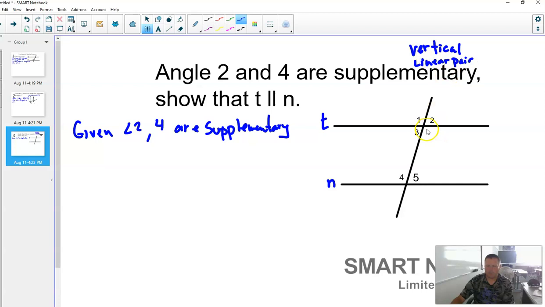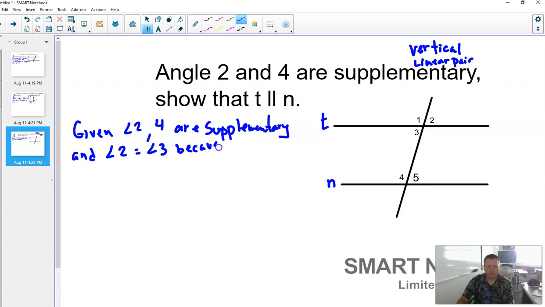So I'm going to look at vertical angles. 2 is vertical to 3, and that's given to me, right? 2 and 3 are vertical, and those two angles have to be congruent to each other. They have to be equal because they're vertical angles, and that's always true. So I'm also going to put that: given that 2 and 4 are supplementary and angle 2 is equal to angle 3